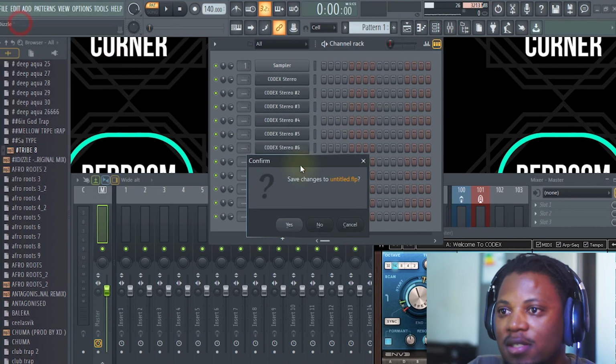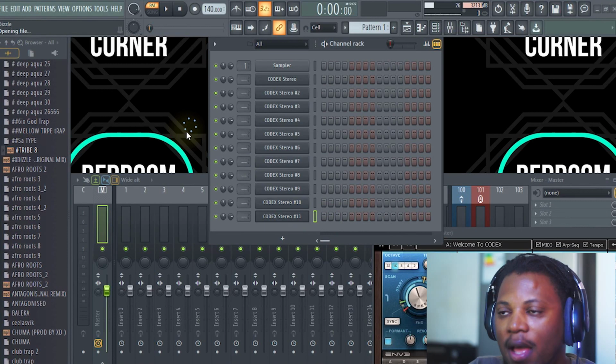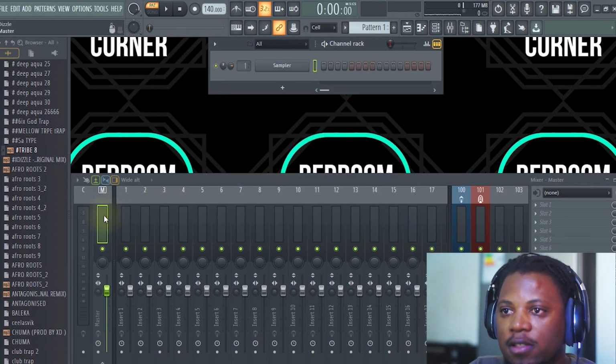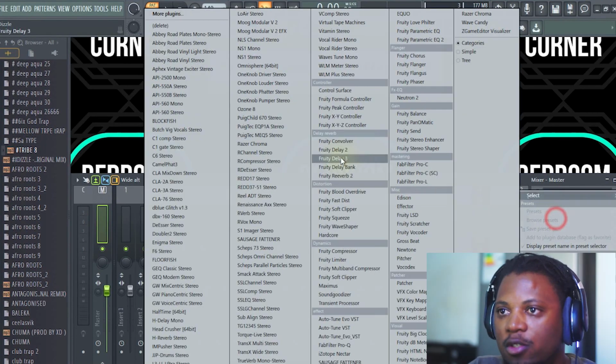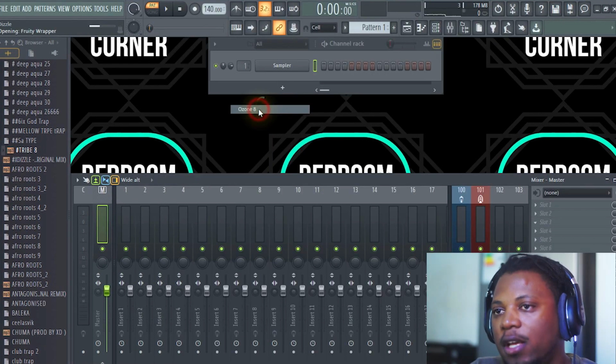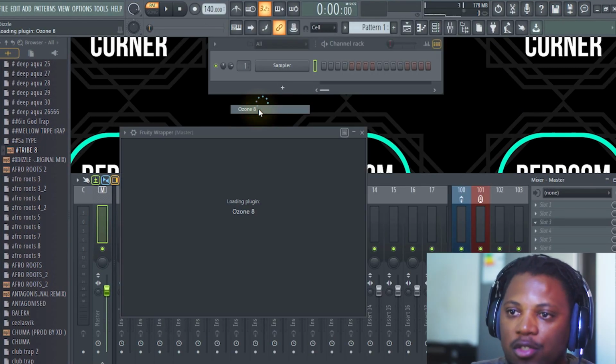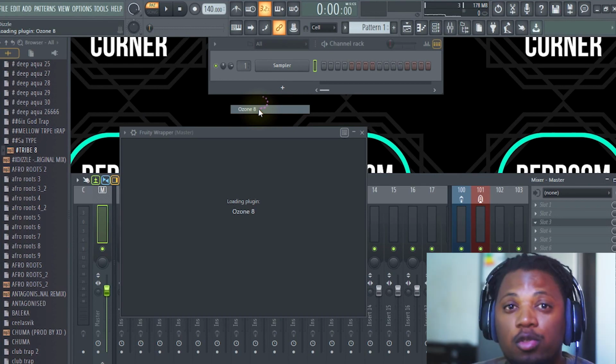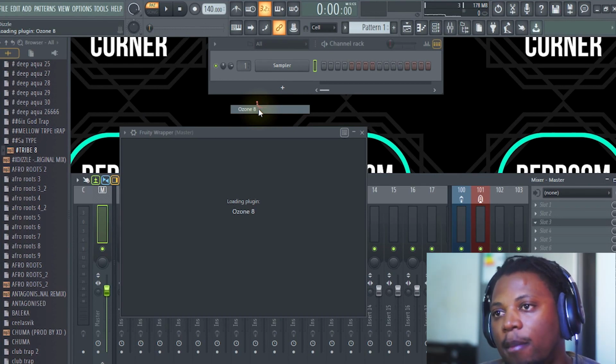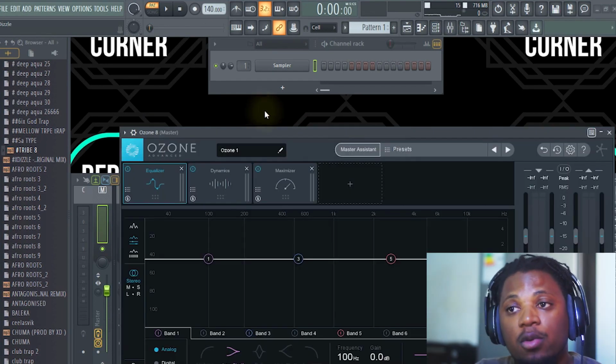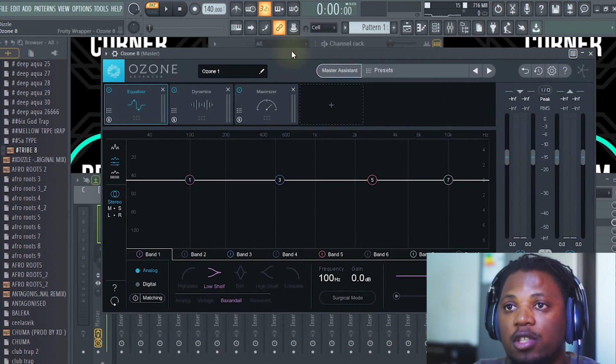Okay, so let me just reset and go to the mixer, and let's add some effects. Let's add a decent one, like a really nice one. I'll add Ozone 8. Everybody knows iZotope plugins and Ozone. Ozone is very good for mastering, and I think I might actually do a tutorial on using Ozone in mastering